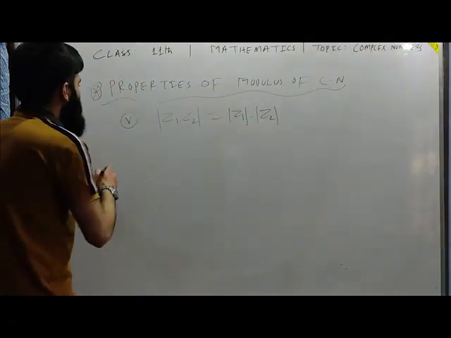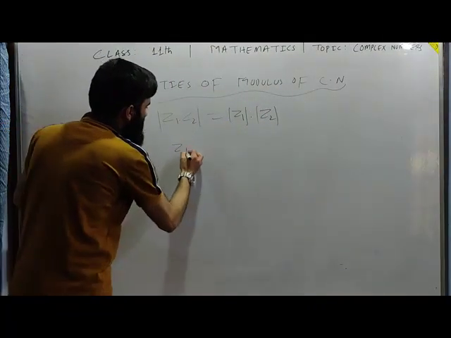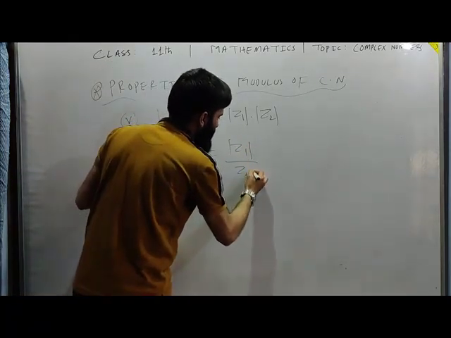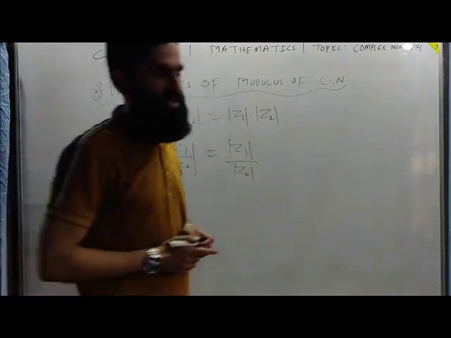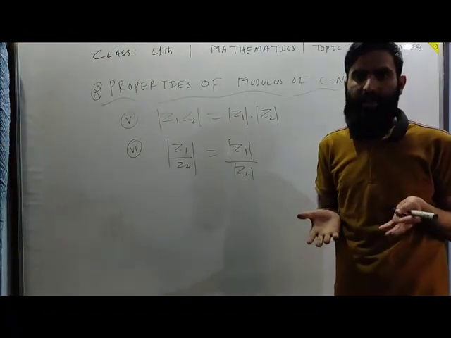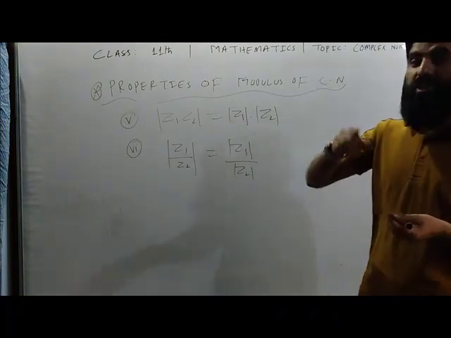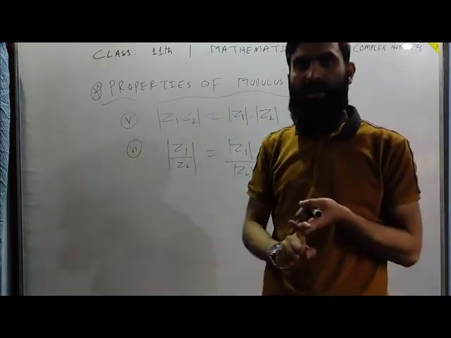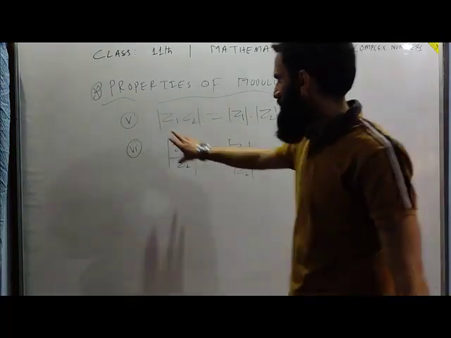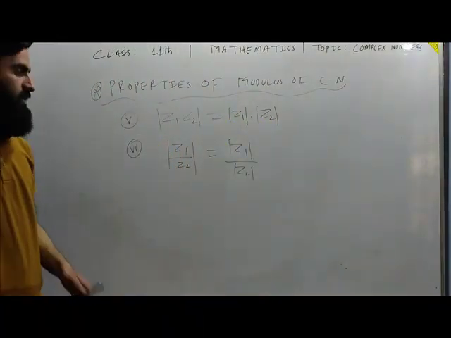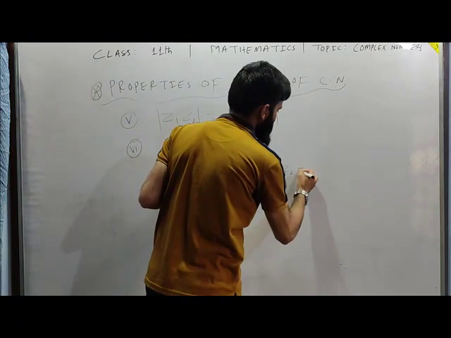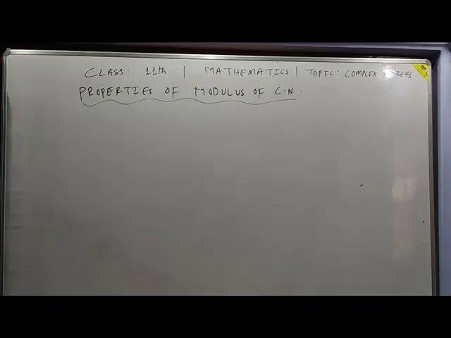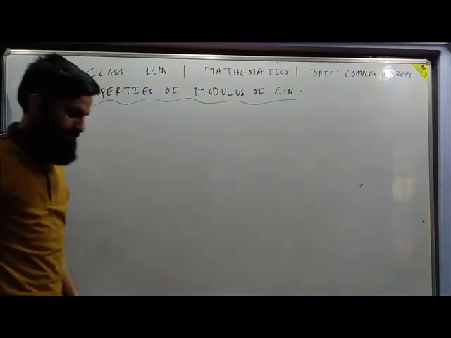So what is the sixth property? It is z1 upon z2, their mod is equal to the ratio of the mods of the individuals. Similarly, if z1 is a complex number and z2 is a complex number, their division is also a complex number, so z1 by z2 is a complex number. If you take the mod of that complex number, you will get what? If you find the modulus of z1, the modulus of z2, and take their division, you will get the same result. This is the sixth property, and the second property for the modulus, provided that z2 is not equal to 0, that is, mod of z2 is not equal to 0.